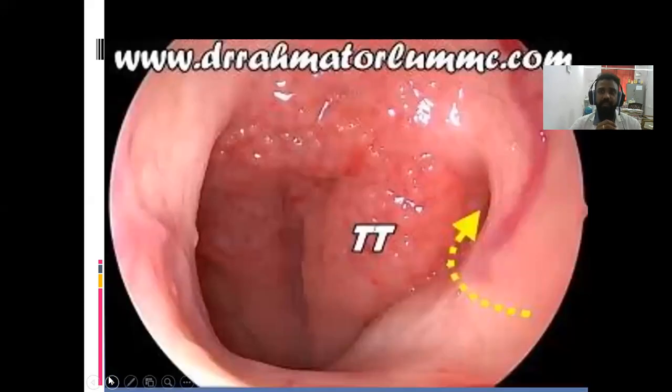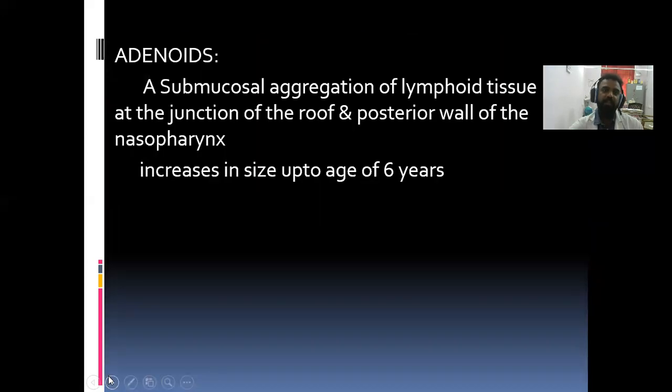Next, you can see the eustachian tube opening. What we are seeing is direct nasal endoscopy. Through a 0-degree endoscope, we are passing over the nasal cavity, and through it we enter the nasopharynx. We can appreciate the adenoids in the nasopharynx, and the eustachian tube orifice is well noted in this picture.